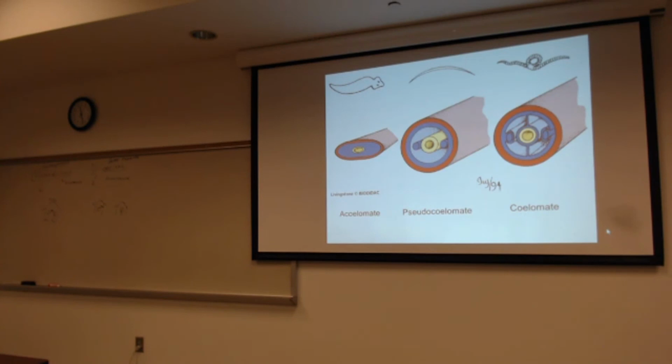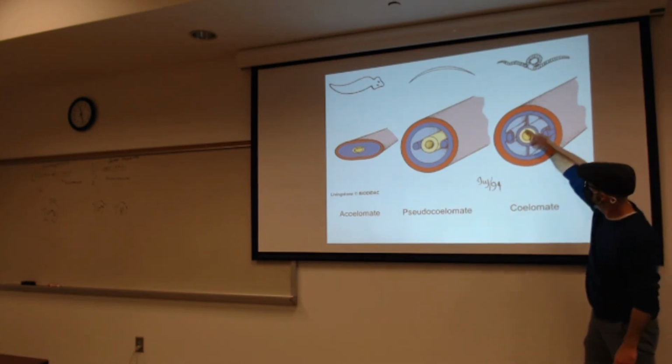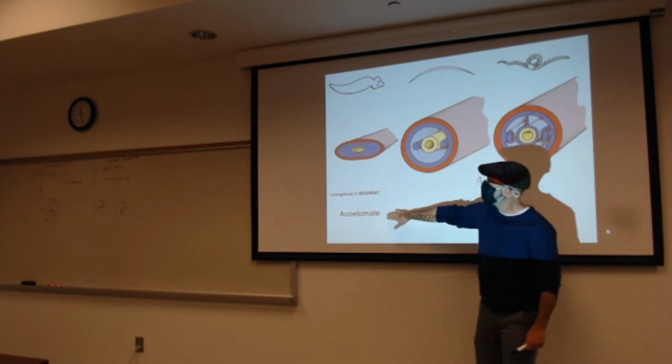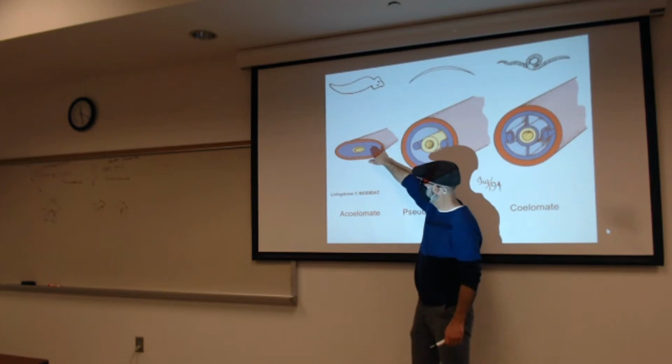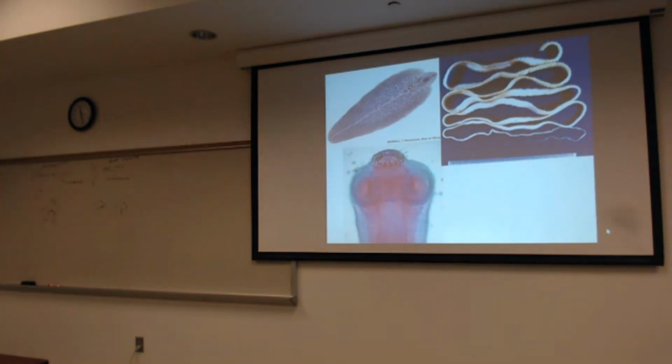Here's that. Most animals have this body cavity. This is the coelom, or the body cavity. Here, the flatworms have this solid mesoderm with the endoderm running through it. Some examples here. We've seen these in lab. Here's our,